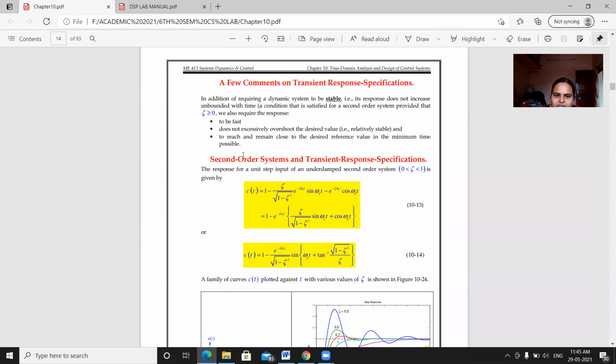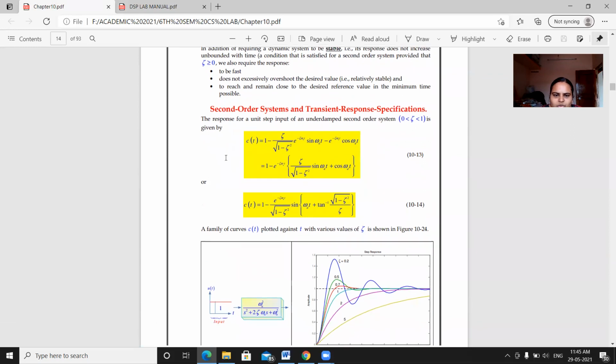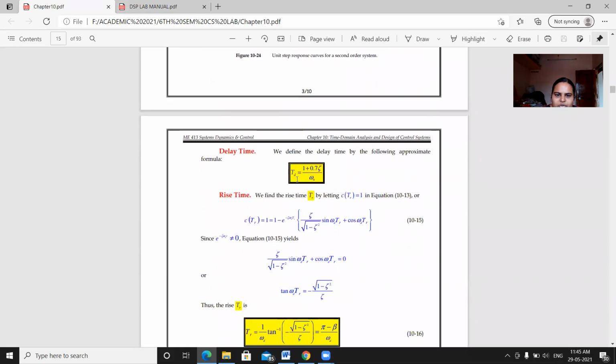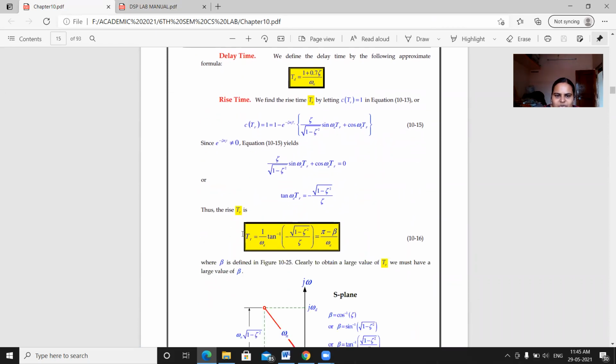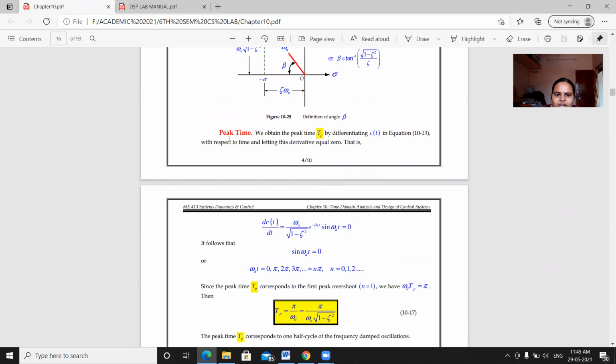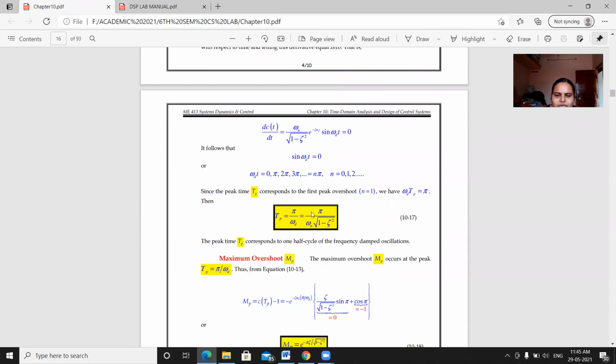Then let's go through the equations for each specification. The delay time is TD equals (1 plus 0.7 zeta) divided by omega n, and the rise time is TR equals (pi minus beta) divided by omega d. The peak time is TP equals pi by omega d, or pi by omega n square root of 1 minus zeta square.